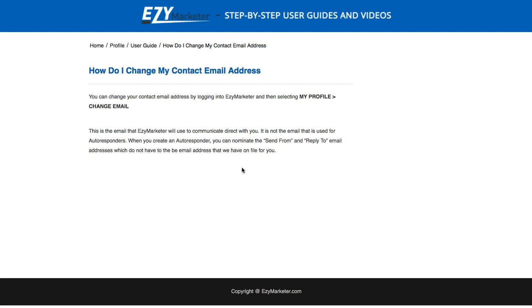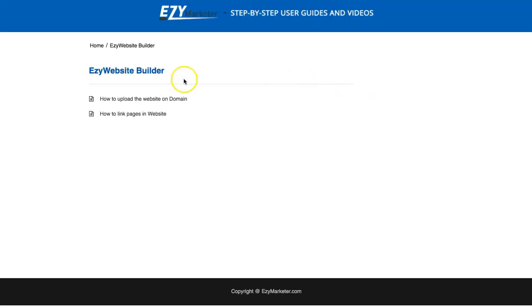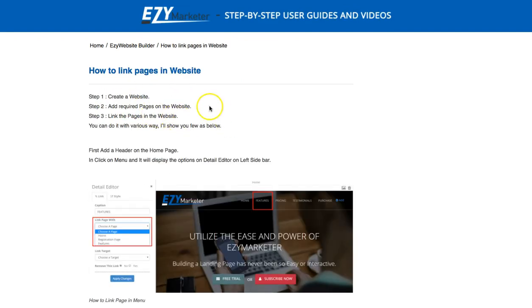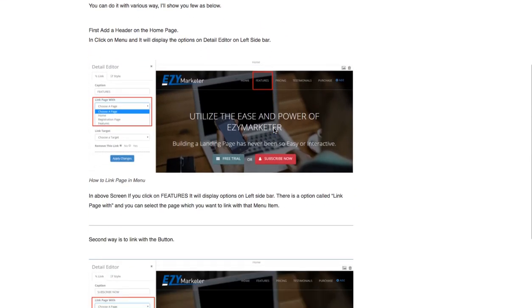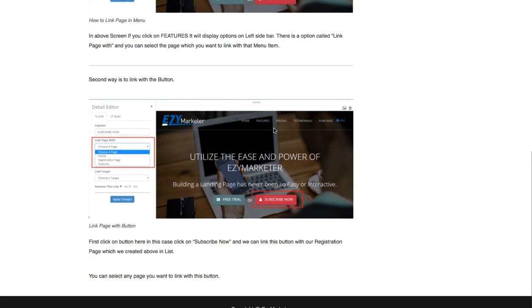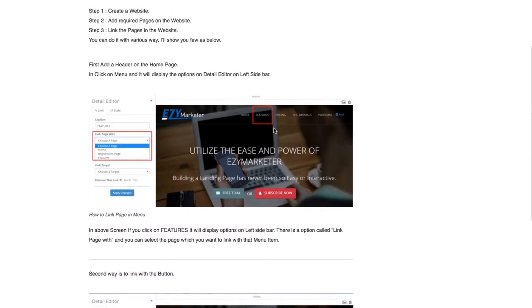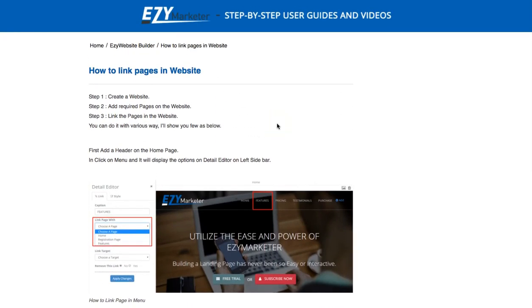Now, on a lot of the different ones in here, we're going to have videos as well. So if we look at the website builder, okay, how to upload a website on my domain, how to link pages in your website. So in here, it will tell you step by step. It will have images, further images showing you what to do. And then as time goes by, we're going to be recording a lot of videos and adding the videos in there as well. So that's our brand new knowledge base,